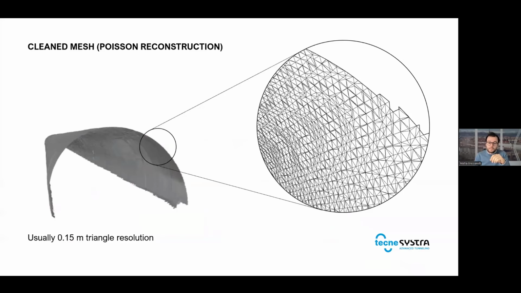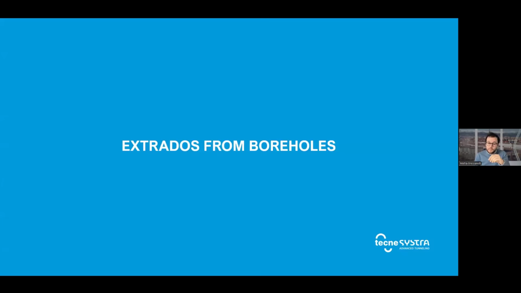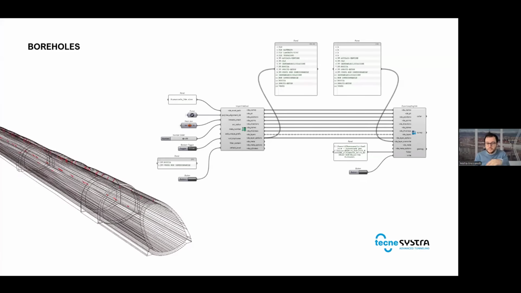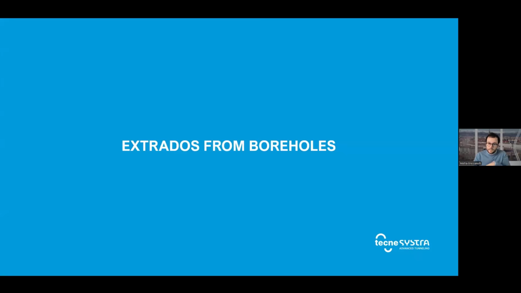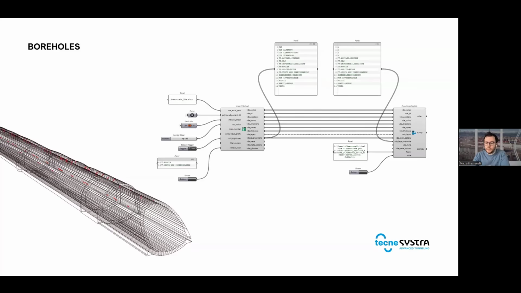And then after we have this mesh, we go to the extrados. We won't see this extrados part today, so I'll just mention it in the slide part. So we have a model in Grasshopper of the intrados, and we can use some tabular data. So we get some data in Excel, which is just information about the different layers and the position in the tunnel, and then we use that to build points around